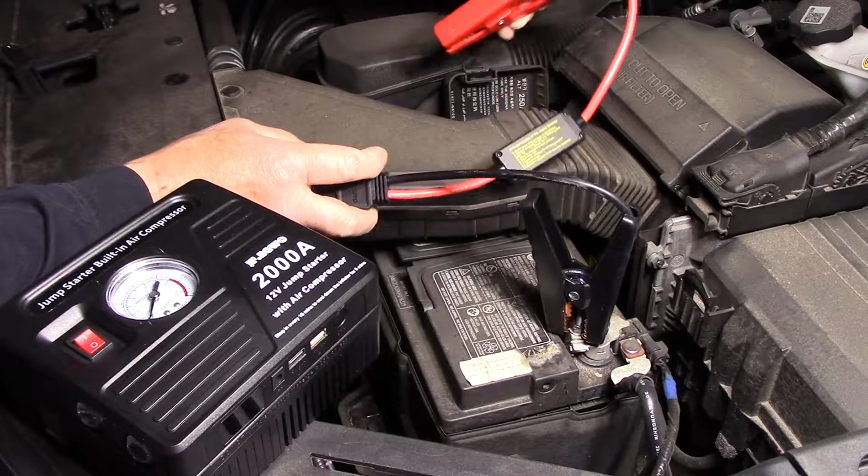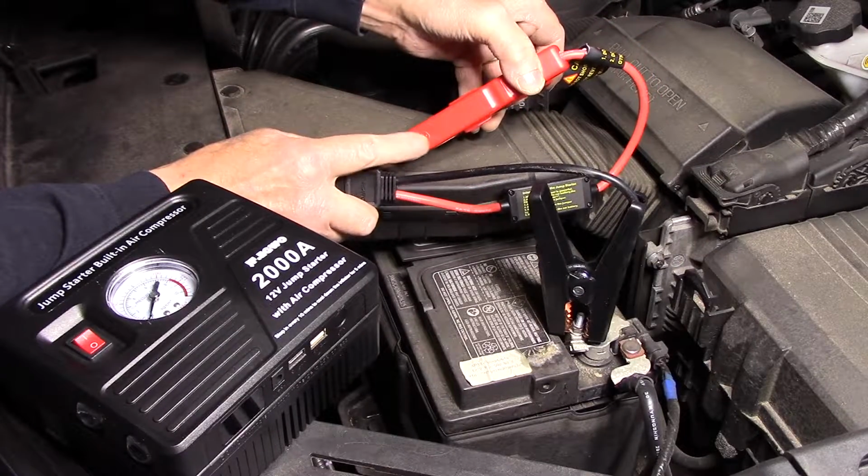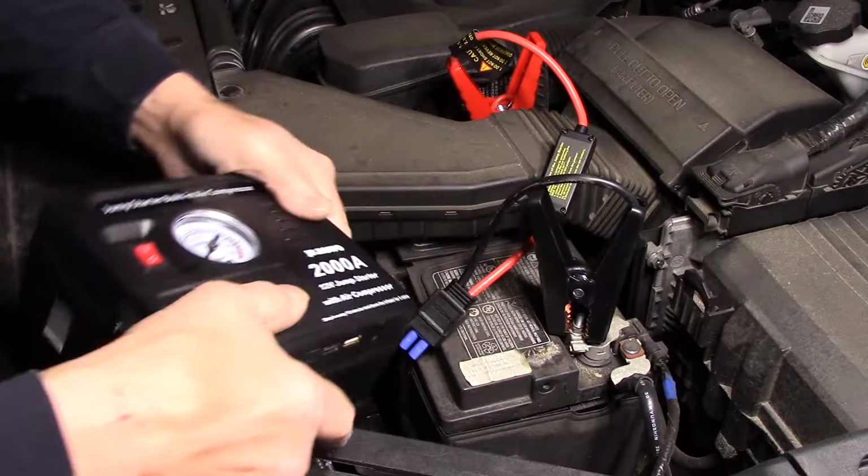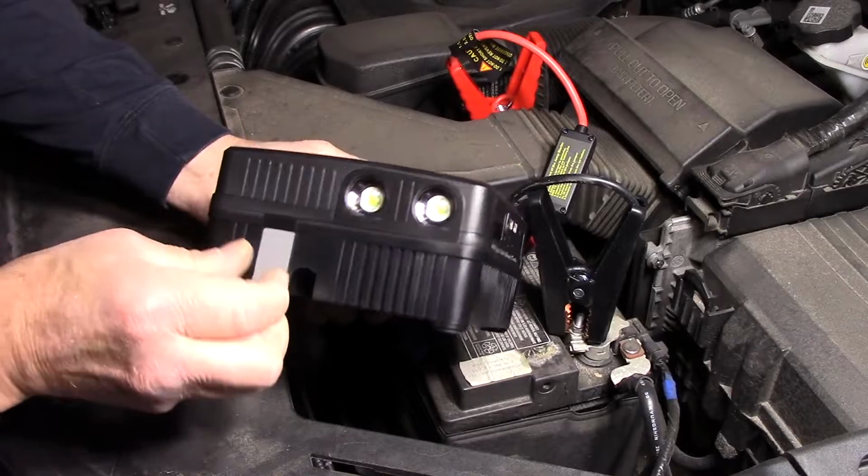And I just want to point this out to you too. This does have the positive mark there, so you know it's a positive, just like that. Then you would take your booster pack right here,